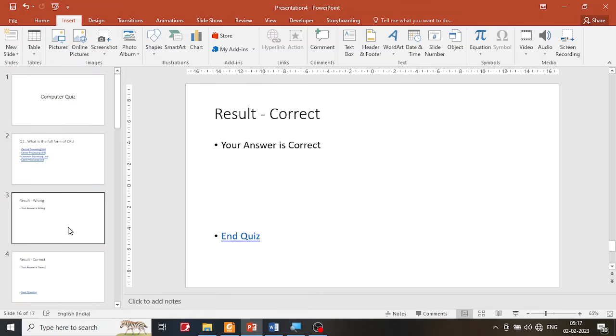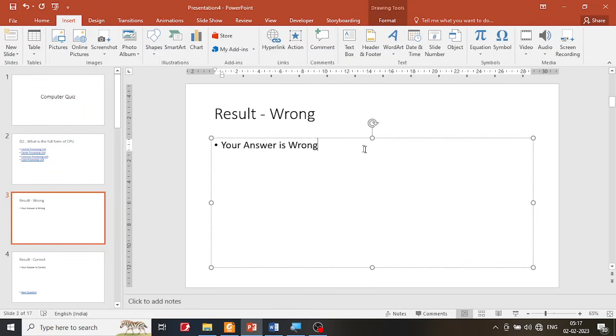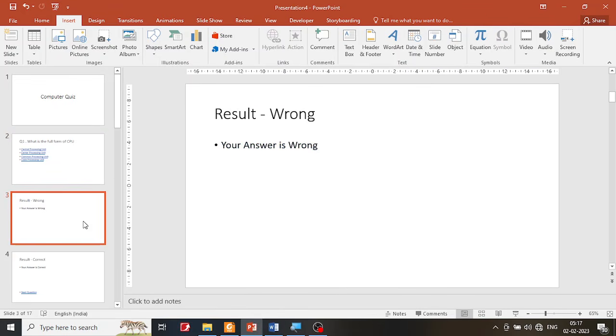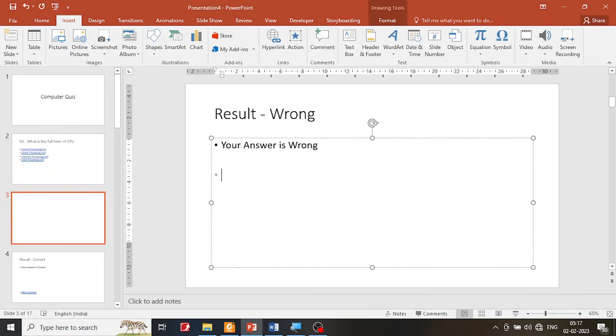Now let's go to the right part here, that is the wrong part here. So what about the wrong part? For the wrong part, I will go to the first question here, question number 1, the wrong result. What I'm going to do, I'm going to press enter, enter, enter, and I'm going to say next